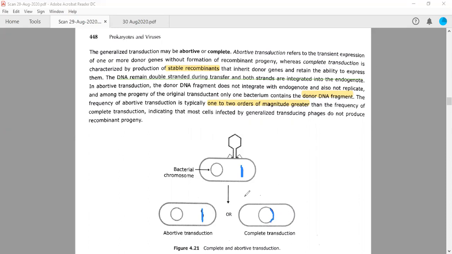So now, because it will show some different phenotype once it infects the new bacterial cell, and the genes which are present over this particular fragment, suppose I'm taking this out, this is a fragment, and now suppose the same genes are present which we were discussing. So suppose this is a gene A, this is a gene B, and some gene C.